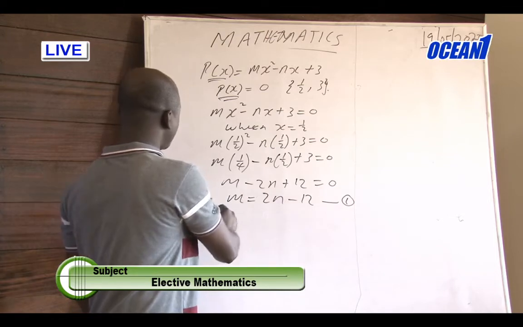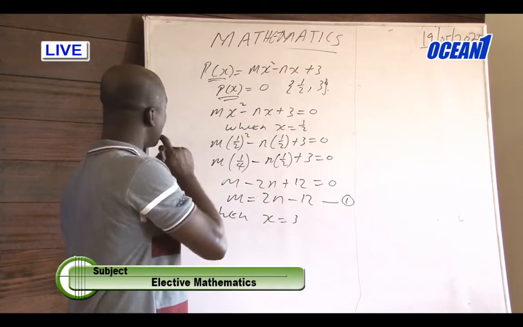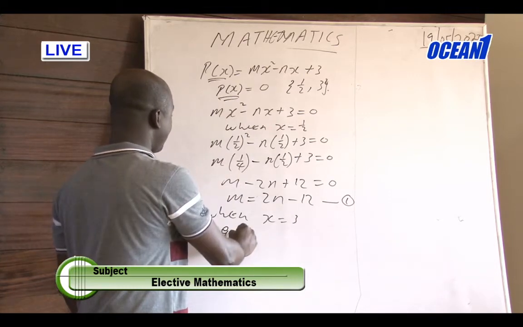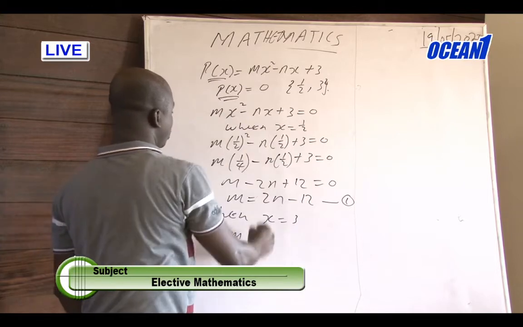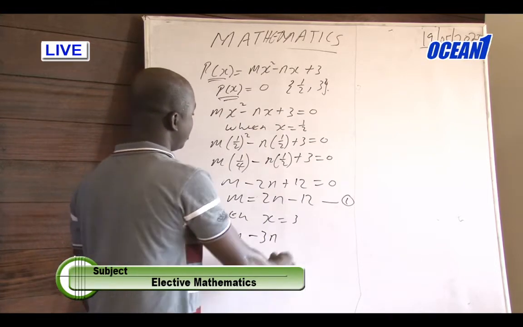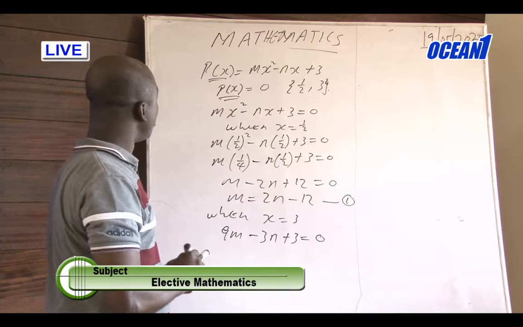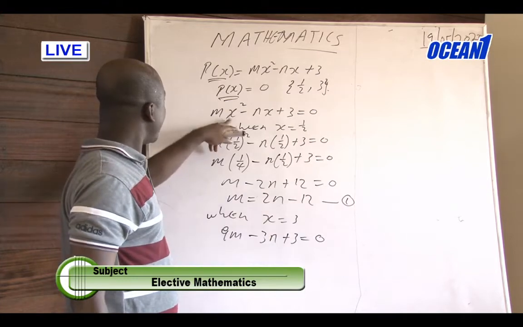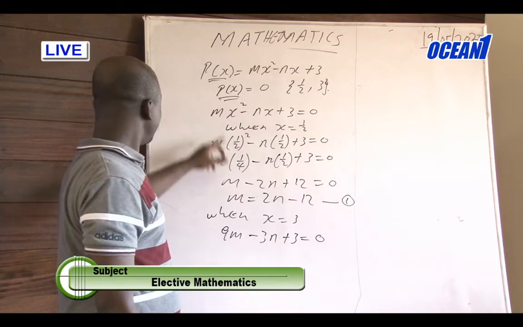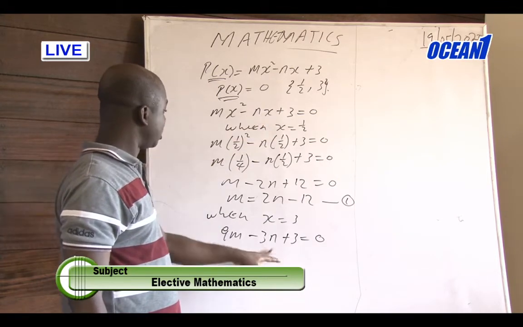Now we're also going to consider when x is equal to 3 and do the same. Let's do that straight away. So 3 into this will give us 9, so 9n minus 3n in this case, then plus 3 is equal to 0. So we are substituting 3 for x in here. Once you've shown the process here, there's no need to show it again. So we are getting 9, since 3 squared is 9, 3 times 3n plus 3